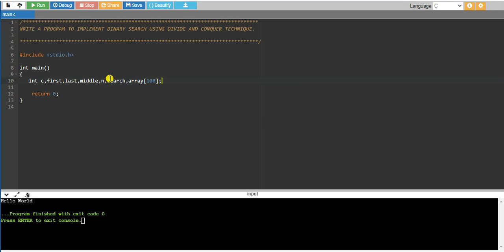These are the variables I'm going to use for implementing binary search using the divide and conquer technique.